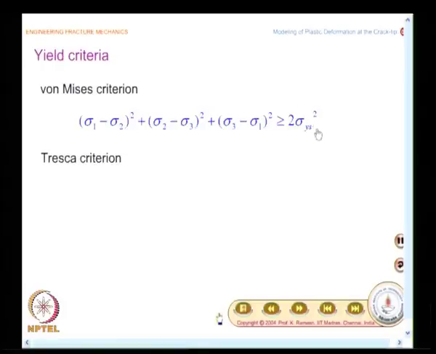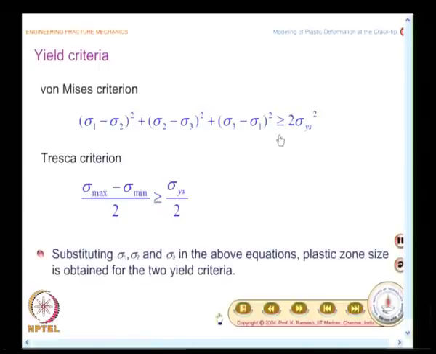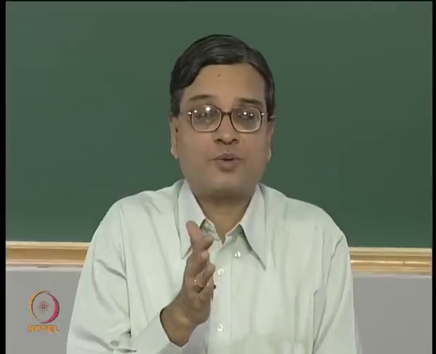This is the yield strength, and you want this to be within sigma ys. If it is greater than that, yielding would occur. And when you go to Tresca criterion, you have to recognize it is not sigma 1 minus sigma 2, it is written as sigma max minus sigma minimum divided by 2, and this becomes important in fracture mechanics problems, because